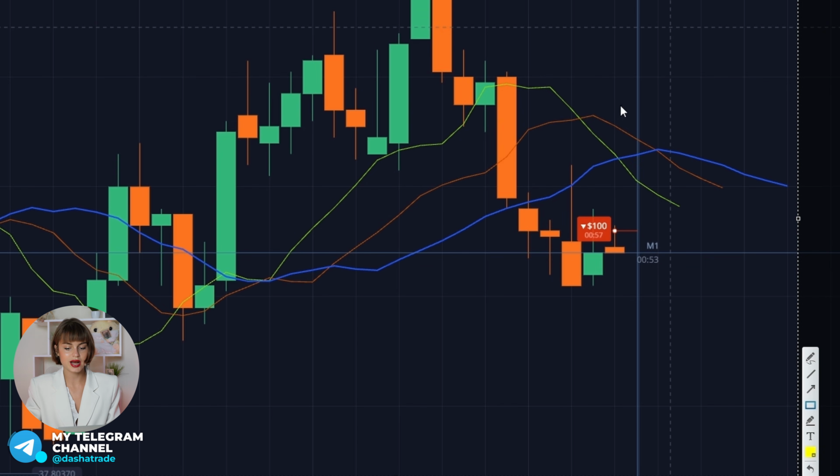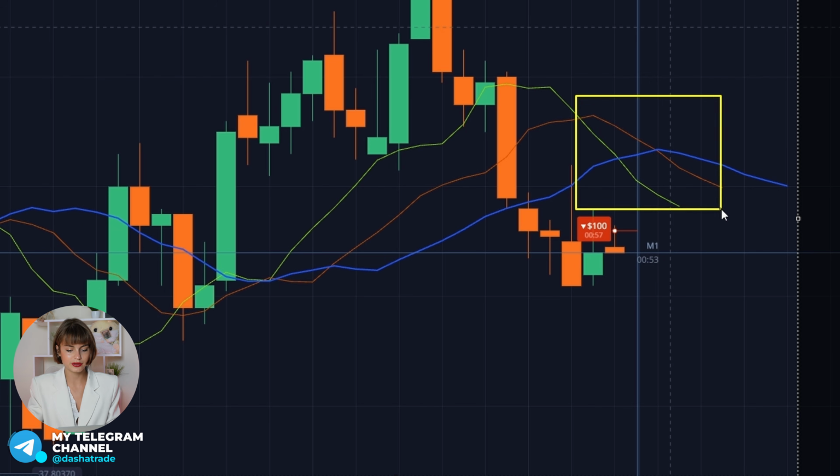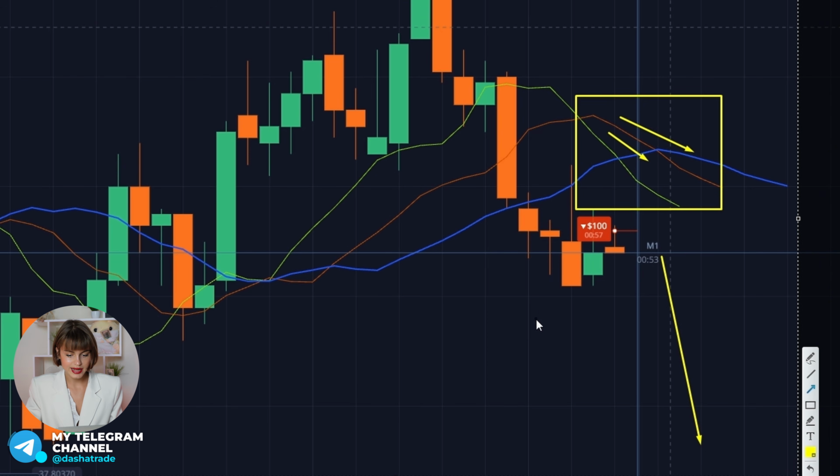Okay, in this situation, I saw an intersection where two lines cross the blue line from bottom to top. And this is a signal to open a downward deal, as it tells us about the trend reversal being confirmed in favor of sellers. As for confirmation factors, I can note that we had a doji candle here,